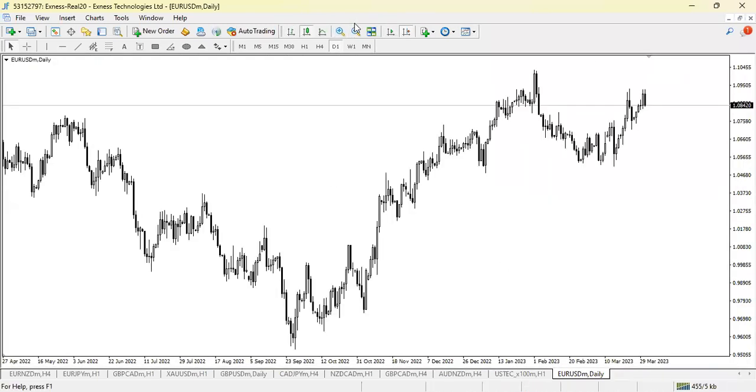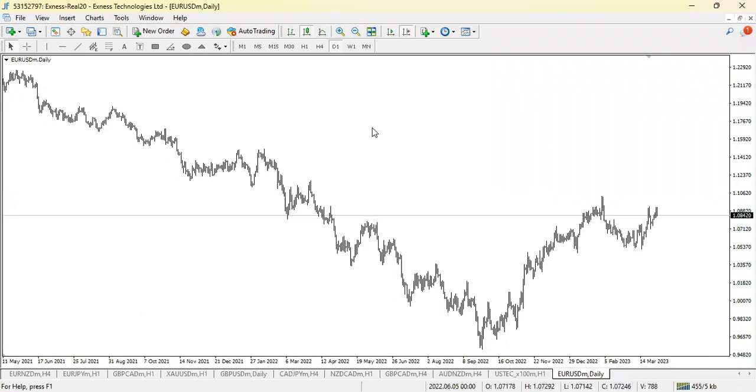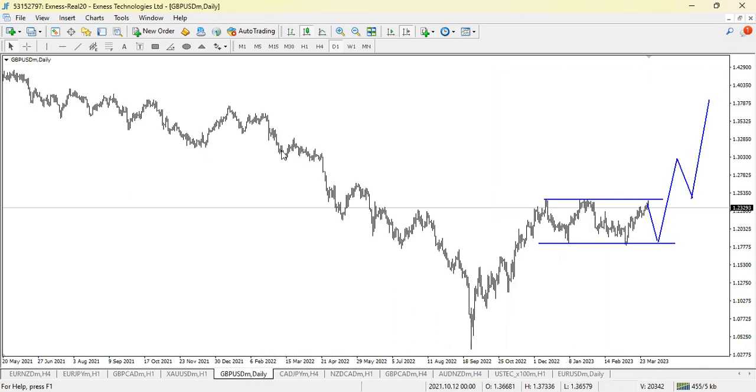Yes, so looking at Euro USD, can you see? It's almost the same as GBP USD. So as you can see, you have seen that. Okay, well, let me show you GBP USD. So as you can see, GBP USD has been coming this way, and then when it came here, it started